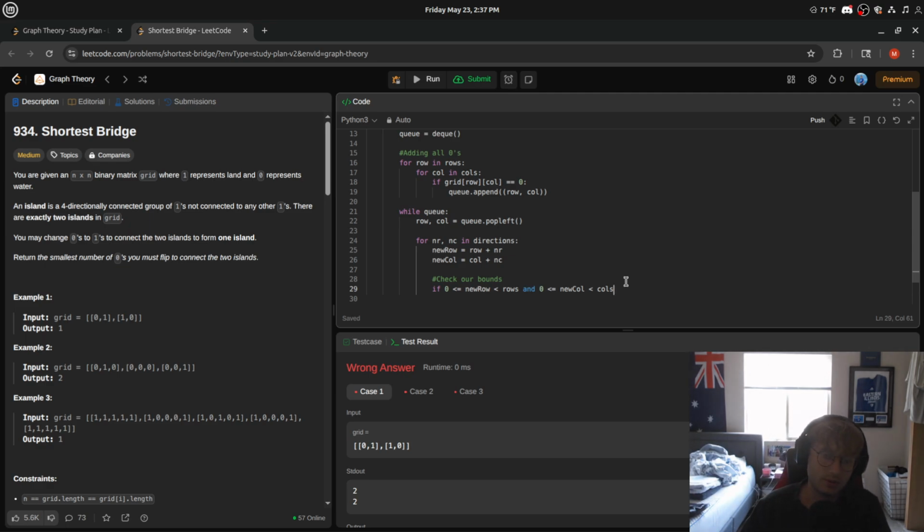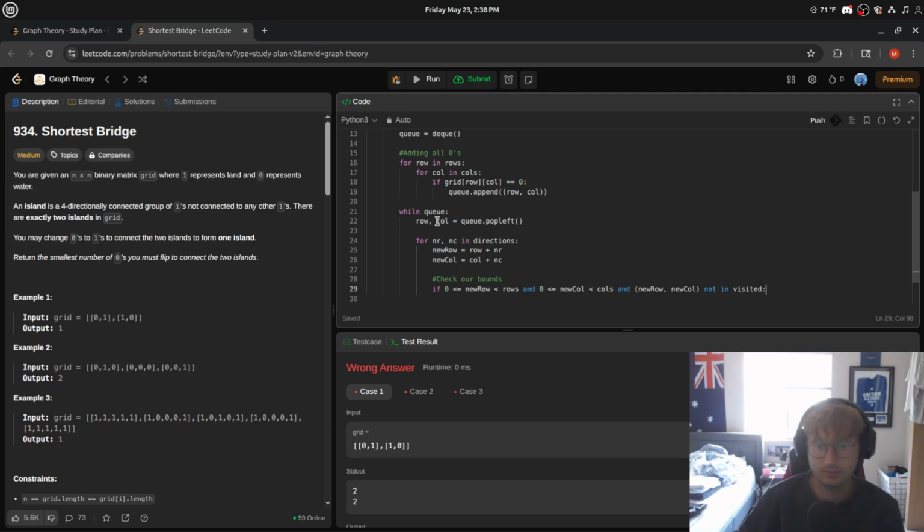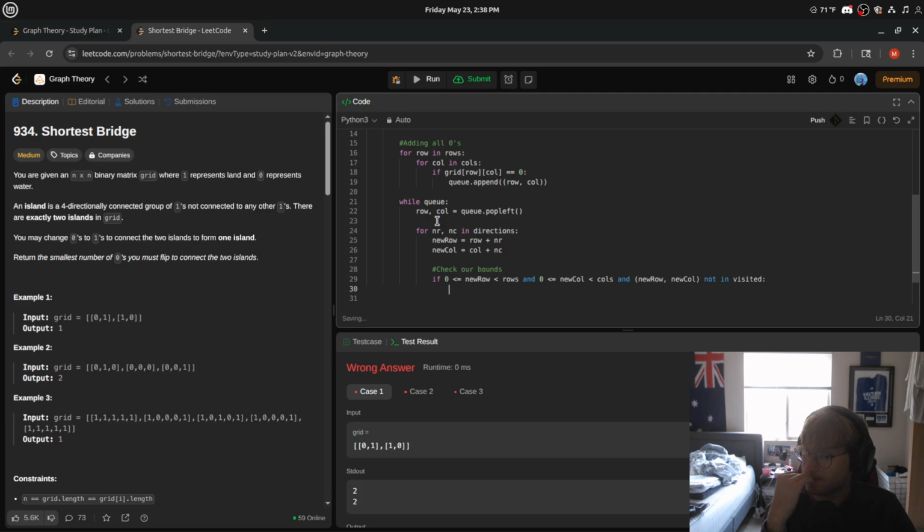Okay, we're checking if it's in bounds, and then, let's just do the visit anyway. And new row, new col, not in visited, right? Okay. Then we know it's in bounds, right? So now that we're working with something that's in bounds,